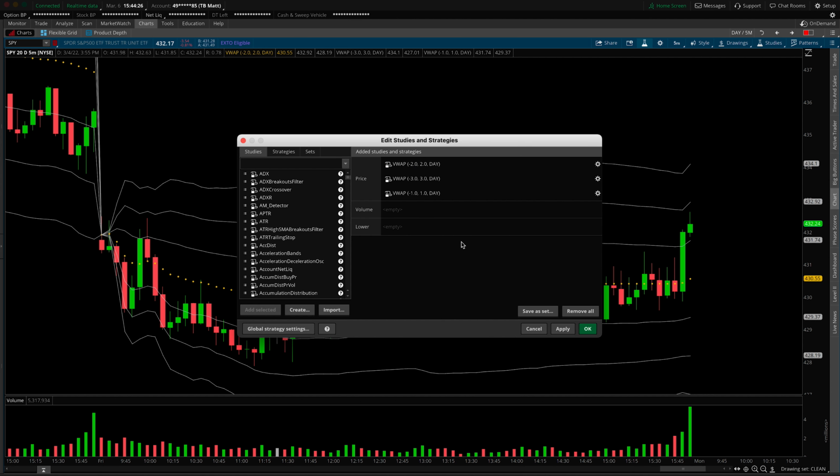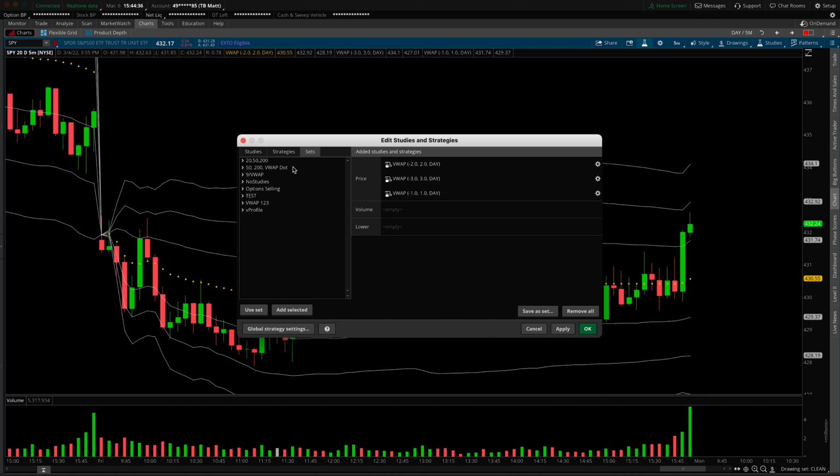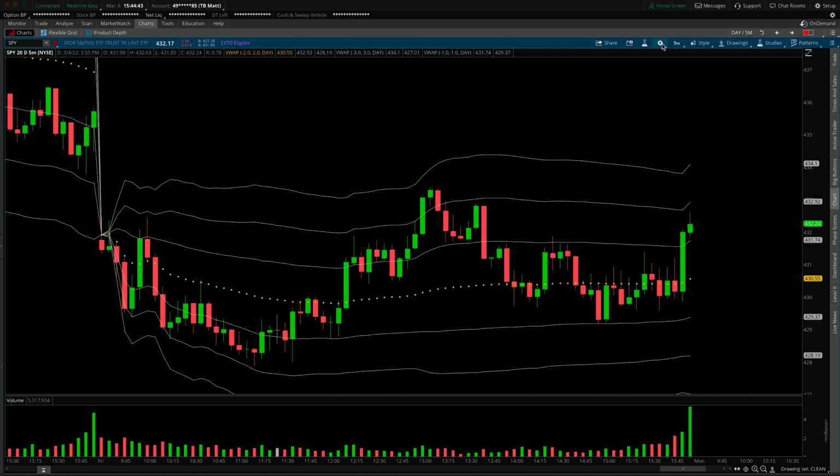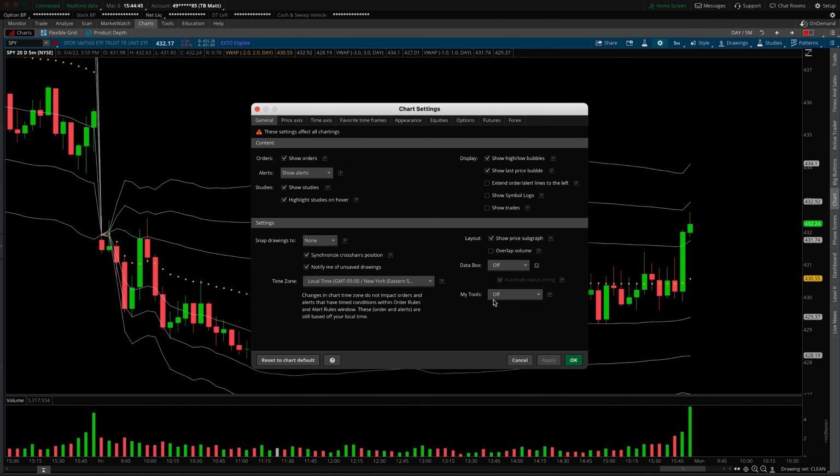Now, here's something useful as well. This is a quick tip that I figured I'd throw in here at the end for all of you people who decided to stick around until the very end of the video. Whenever you create a set, you can actually use one of these sets as something in your toolbar, right? And by toolbar, I mean this. If we come into the settings and we go here to My Tools and turn this to On Each Chart,